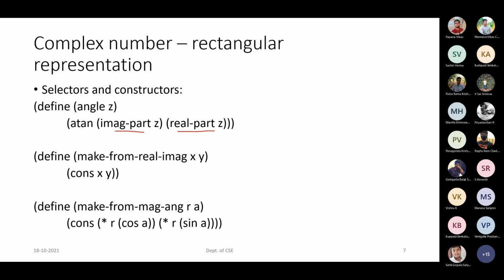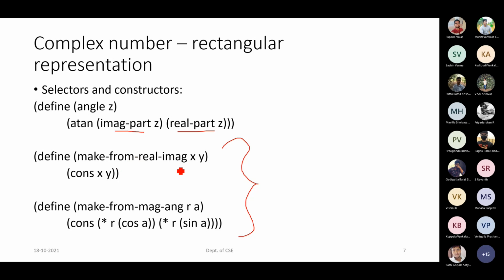Now, once it has been selected, we can apply any type of operation on it. And once it is done, we have to return the complex number itself. When we have to return a complex number, we have to construct it back. So we have to define the procedures for constructing the complex number. These two will be considered the constructors. Now, I am assuming that my complex number is in the rectangular form representation. So once I have finished with any of the operations, when I have to construct it back, since it is in the rectangular form, I'm expecting the values also to be in the rectangular form itself.